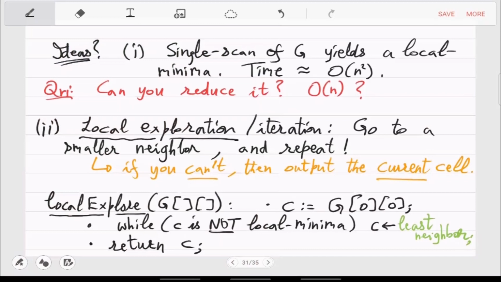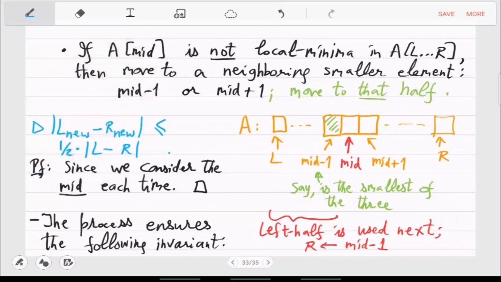So today we will see 2 faster algorithms. The first one will be based directly on this 1D question that we have solved. The 1D array is A, elements 0 to n minus 1, positions 0 to n minus 1, and you basically divide it from the idea of binary search.